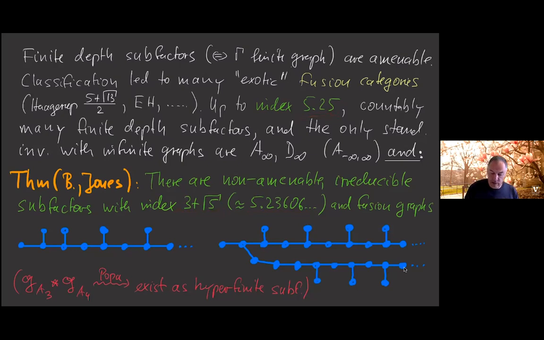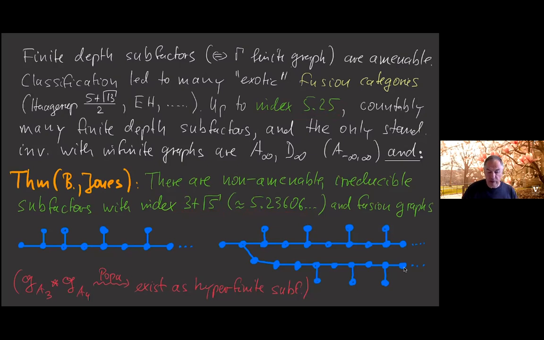And it turns out that, in fact, the classification between 3 plus square root of 5 and 5.25 is highly non-trivial. There's a lot of hard work that goes into this. And that was done by Morrison, Penneys, and Snyder, if I remember correctly. However,